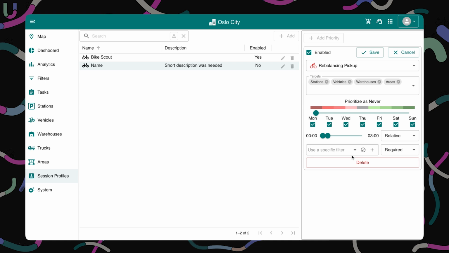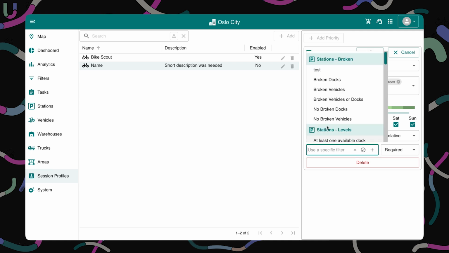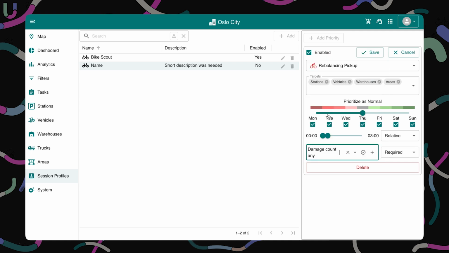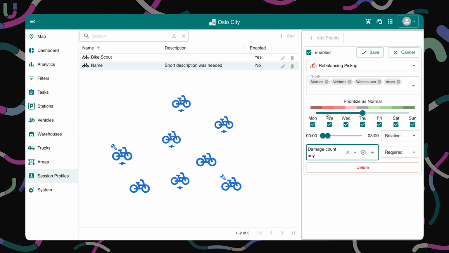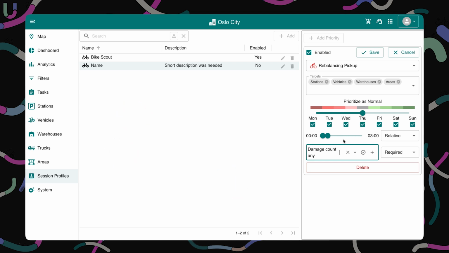For example, if you configure a rebalancing pickup, keep all the targets selected, select the importance to normal, and apply a filter such as damage count, any, then the driver will receive pickup tasks only for vehicles that have recorded damage. However, this is also where extra care is required because, for example, if you select a filter like stations